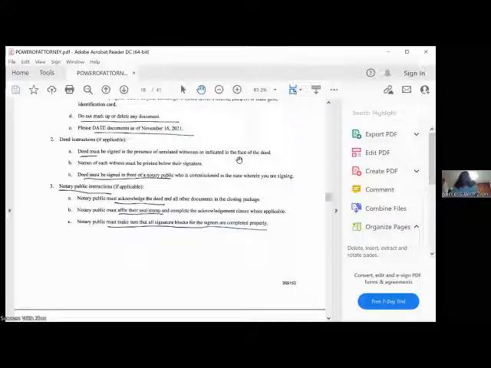Deed instructions. The deed must be signed in your presence, the notary's presence. Name of each witness, if they're required, must be printed. Deed must be signed in front of the notary public. Notary public instructions. You must acknowledge the deed. Affix your stamp. Make sure all signature blocks of the signers are completed properly. So by that, let's say his name was John Anthony Doe on that signature line, and the previous document said John Doe, he will sign over here as John Doe, or here if it says John Anthony Doe, he will sign as John Anthony Doe.